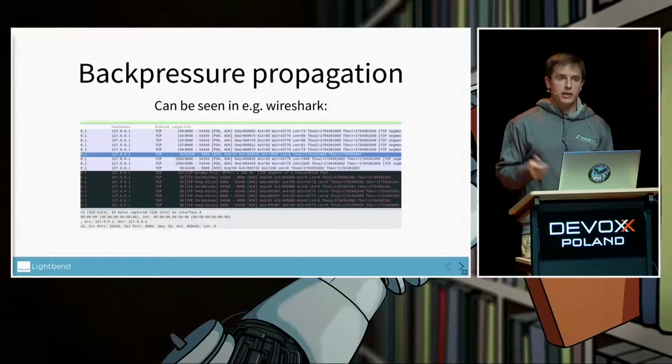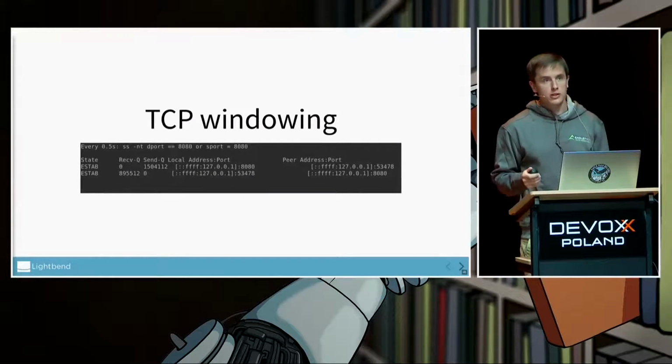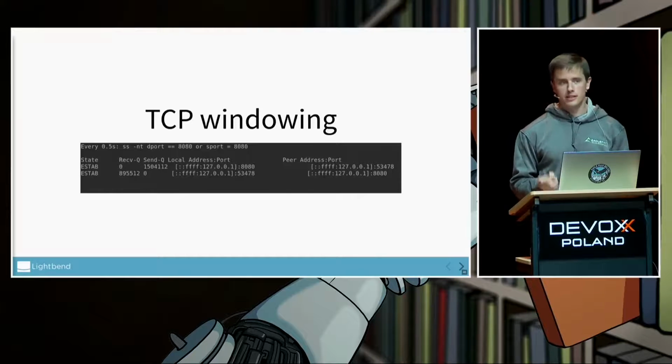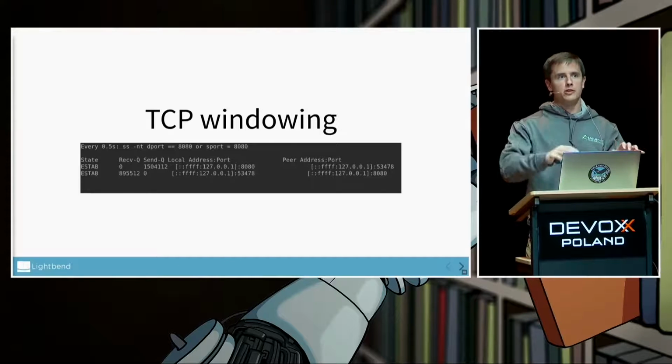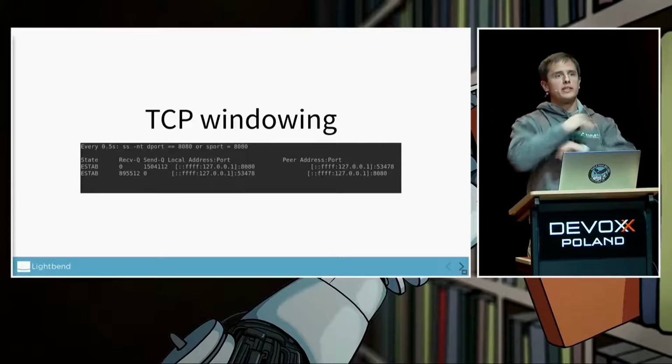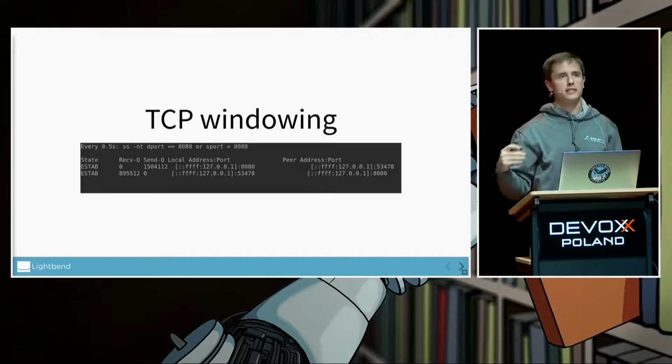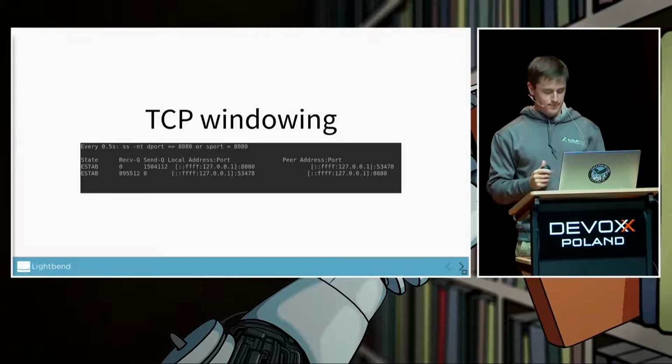Another tool that we're going to use while we're doing the demo is socket statistics. Those buffers are bigger than 4 bytes, unsurprisingly, and we're going to use ss. Because I'm going to be running the client, the server and the database all on my laptop, we're going to be able to see both sides of the TCP connection. So we're going to see the HTTP client, the HTTP server, and the send and receive buffers on both sides.